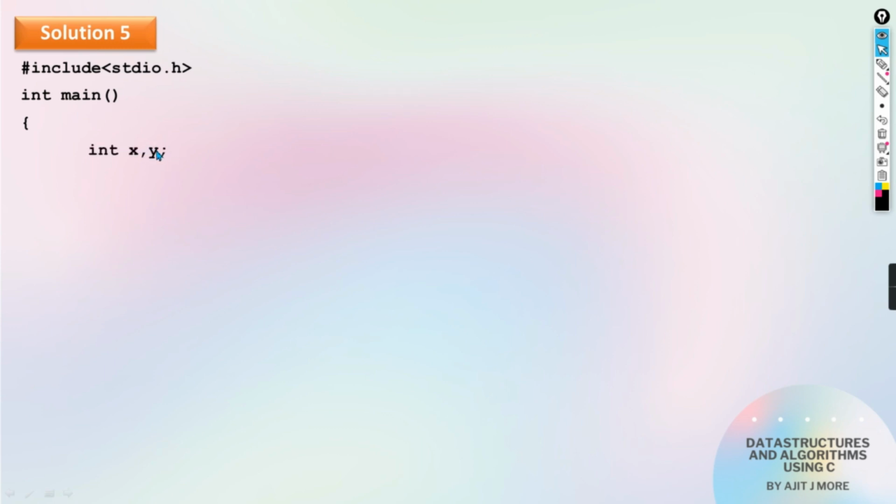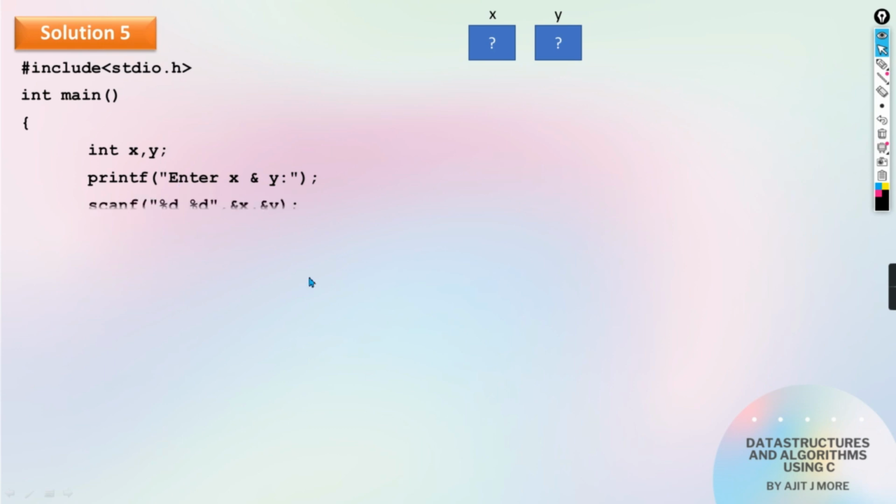We will declare two variables. We will give a prompt message. These are the two variables. Okay. What we are going to do is same as usual in the previous four solutions. We'll give a prompt message for entering x and y. Accept that value as two integers and store it in x and y. Getting guys? Now before doing swap, assume that you have entered from the keyboard 10 and 20. So here the content of x and y is 10, 20. Display that two values x and y before swap. Can you see it is 10 and 20.